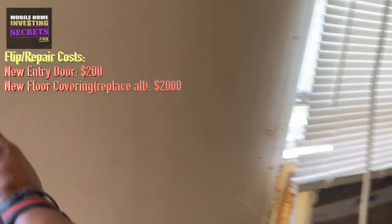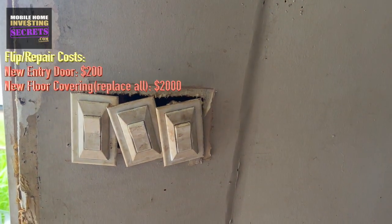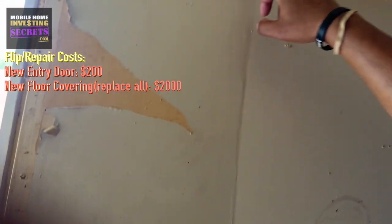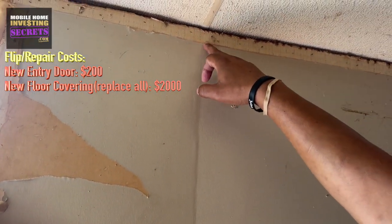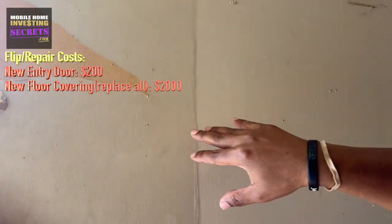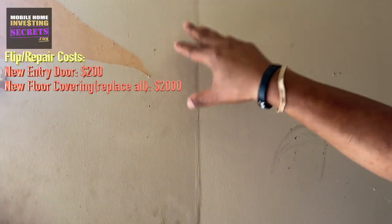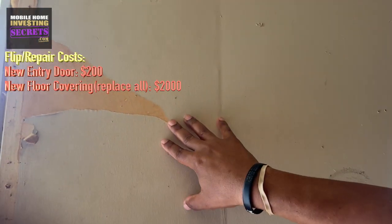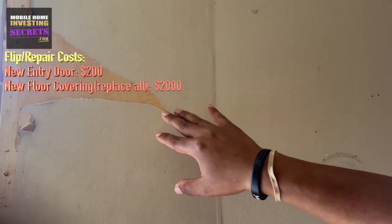Let's look at the walls. I'm gonna have to patch this up, paint it. And you can see here that this was a wallpaper on before they painted over it. So a tip to help you, when painting over paneling or anything, prime it first, then you come with your paint. So that's the trick, to paint over old